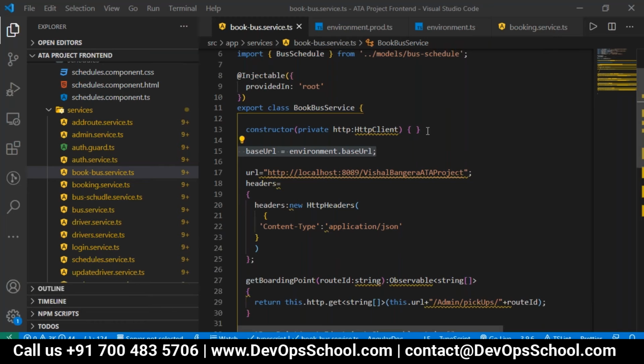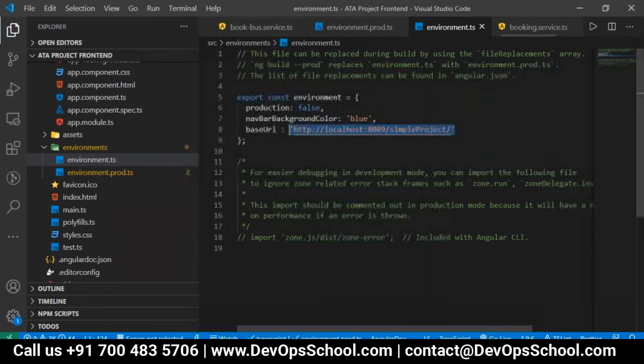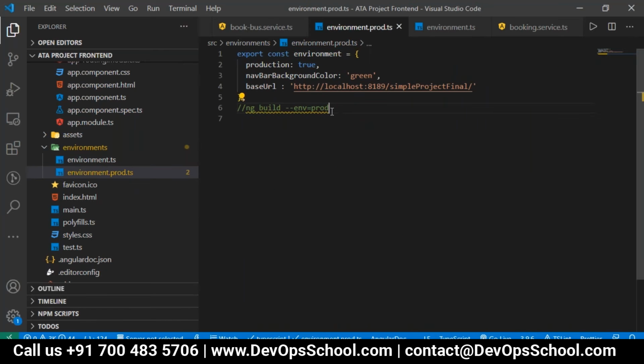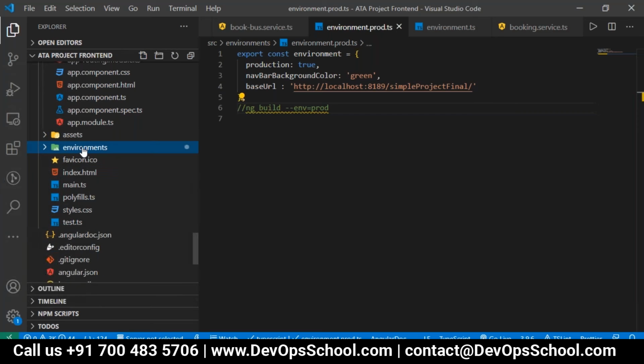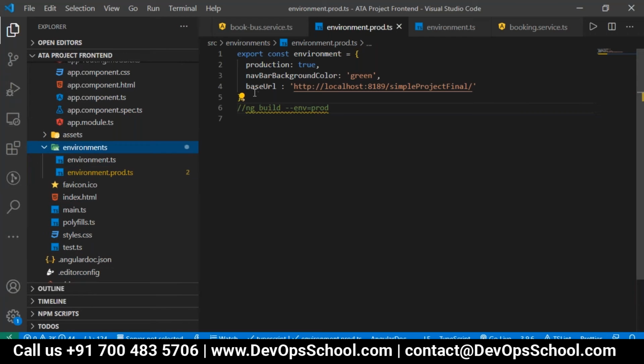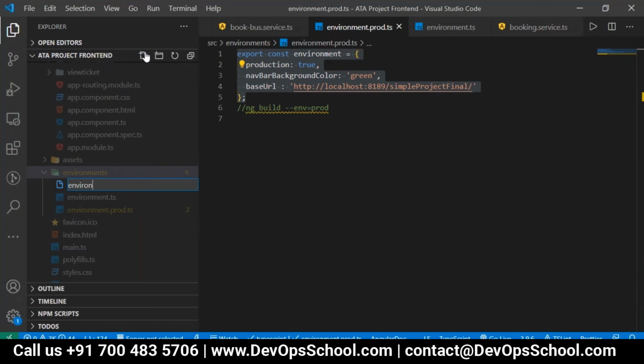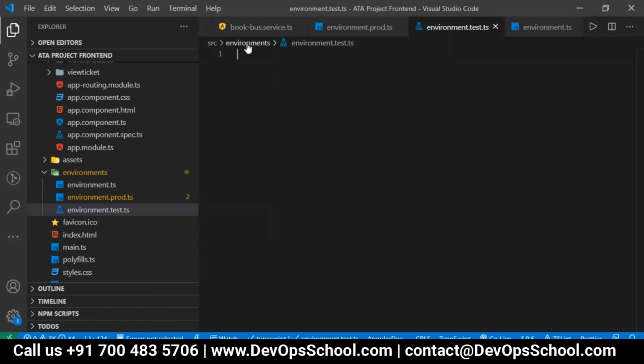Thank you. Okay, so that is the environment production, or any particular environment which you want to create, you can do it like this. Or if I want another environment, maybe for a testing environment, we can create another environment.ts file here, environment test.ts.